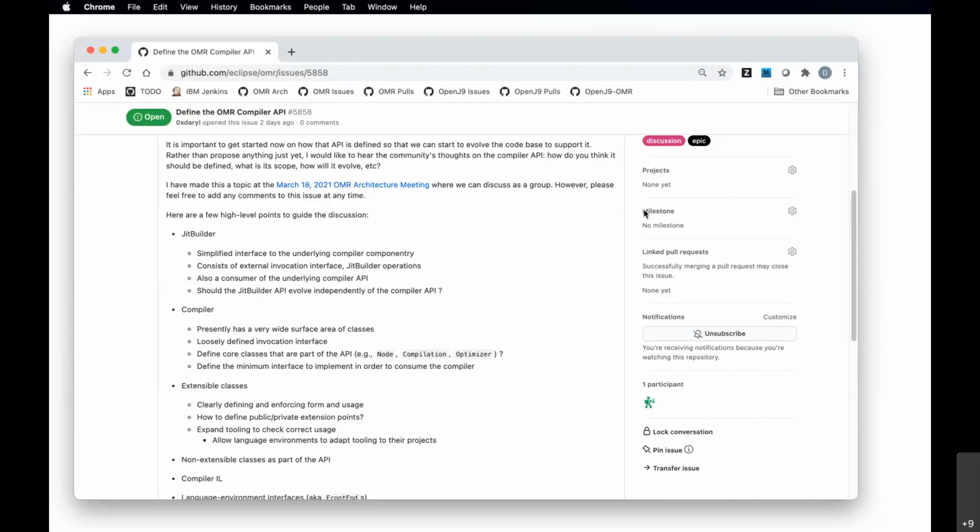We may have to make incremental, slower changes in order to evolve it to where we want it to be. But I think that the end goal is going to be important, especially for those that are already started on their projects that are consuming OMR, but also for newer projects that haven't started yet, just to make it that much easier.